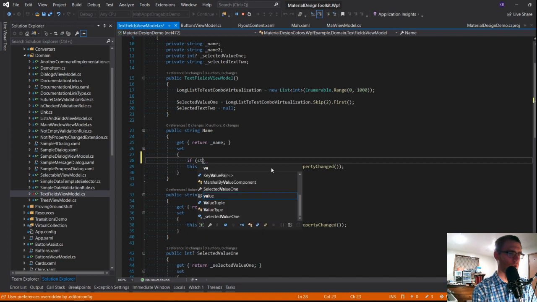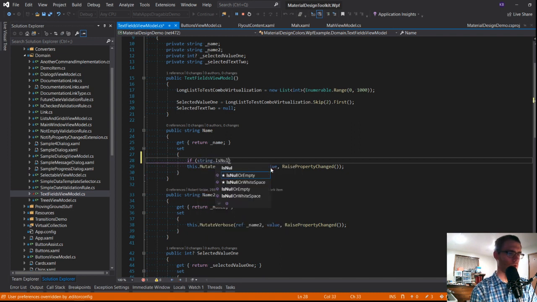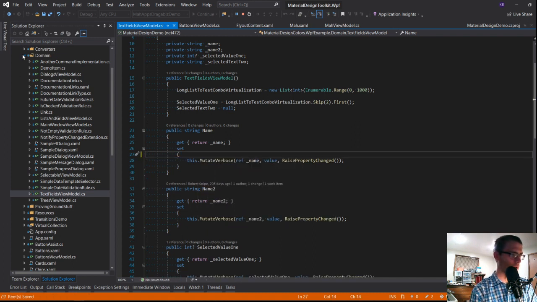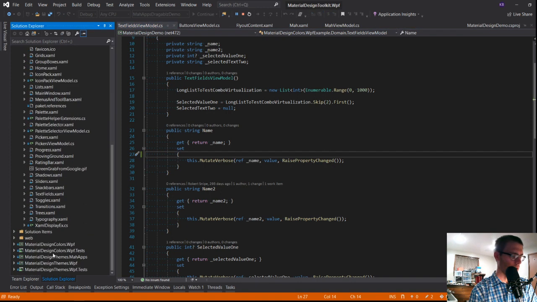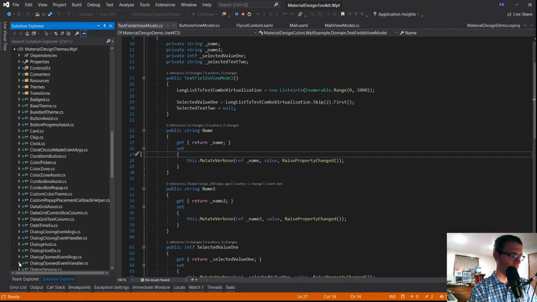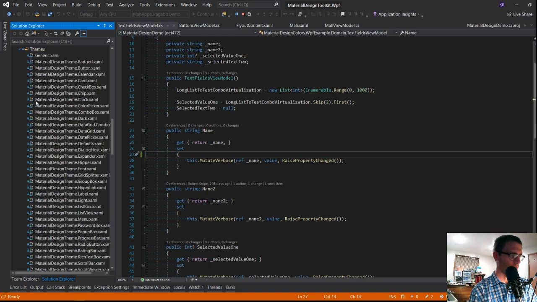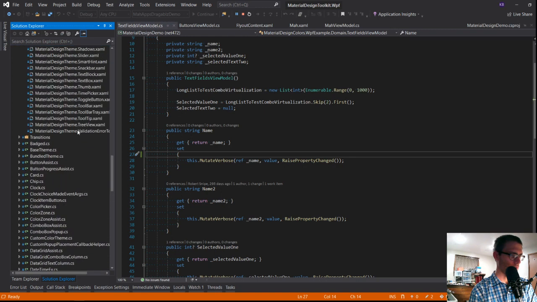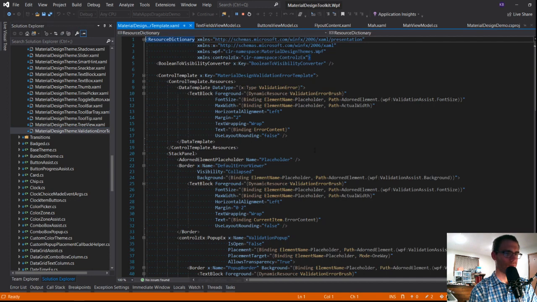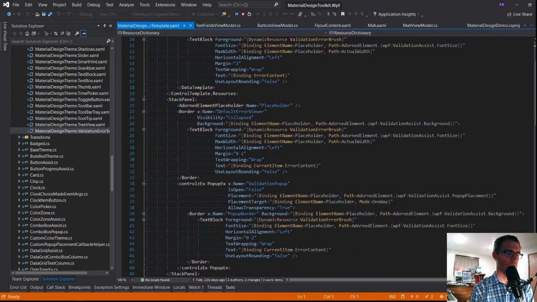If string is, well, here, let's just go and look at our validation template and verify, because I honestly don't recall exactly what the default validation template looks like. So themes in here, and I believe it's under validation. Okay, so adorned element placeholder. This is where the control that's being validated would end up as part of the template. So in this case, the numeric up down. Let's see here. Validation hint.